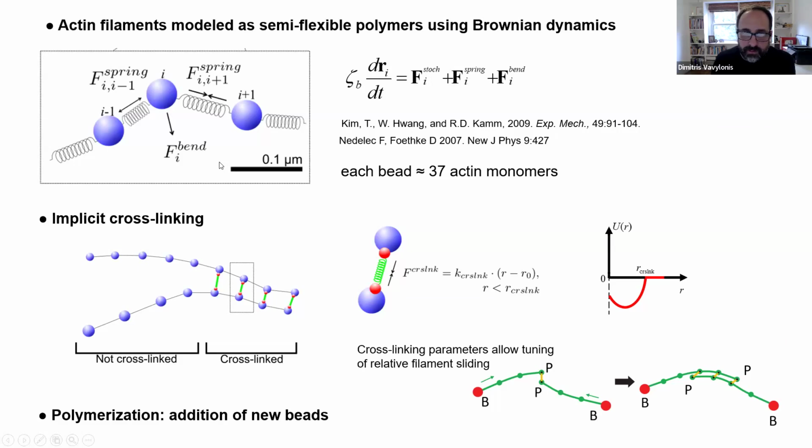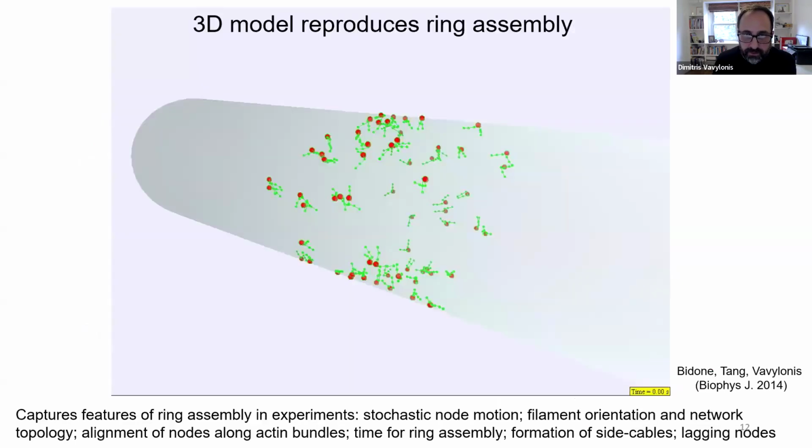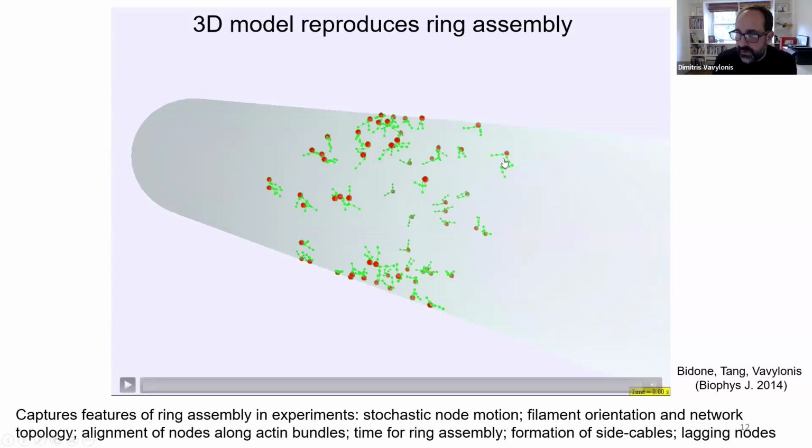They have a certain stiffness and bending rigidity. And then when these filaments are near each other, they can attract each other through these passive cross-linkers that we describe here approximately as an effective radius of attraction and depth of this interaction. We can see how now if we start this simulation by placing nodes, these red dots, in the circumference of a cylindrical domain,